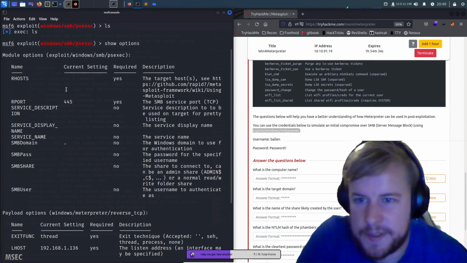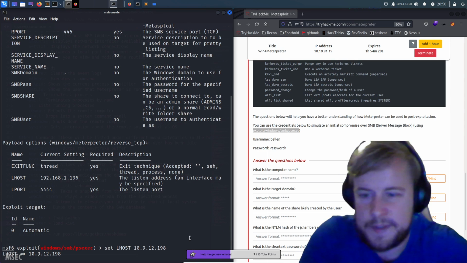So we've set our RHOST. What else we've got to set up? Nothing. We might as well do the user password. So set